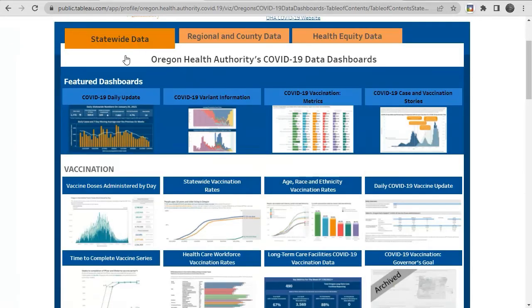The first section on this page includes our featured dashboards, which are generally the most commonly visited dashboards or ones we are highlighting because of recent updates. The Daily Update dashboard, for example, is a great one to check out for the most up-to-date information on case counts and prevalent variants in the state. The Vaccination Metrics dashboard is the place to go to see the current vaccination rates around the state and among